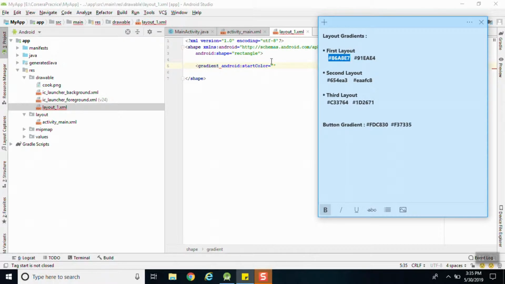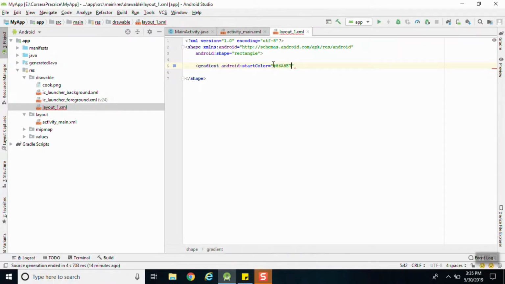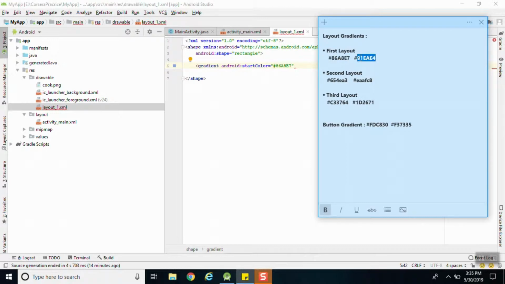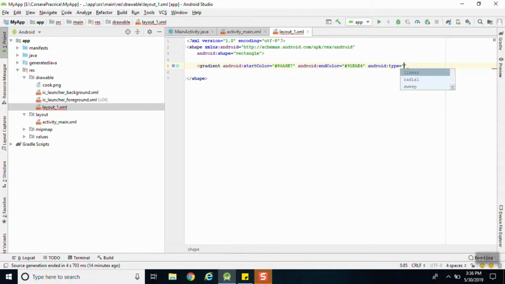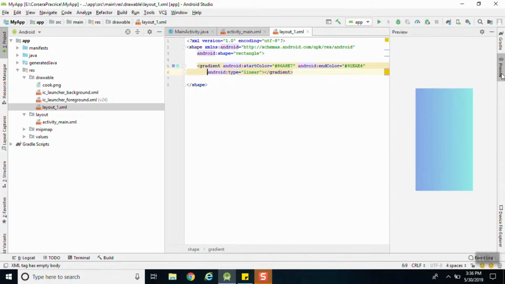and I'm going to paste it here, and I'm going to copy the same for the last one and paste it here into the end color, and this should be of type linear, and close this. Let me take this down, and let's see the preview of how it is looking. So similarly we have to do this for the three layouts. So let's create